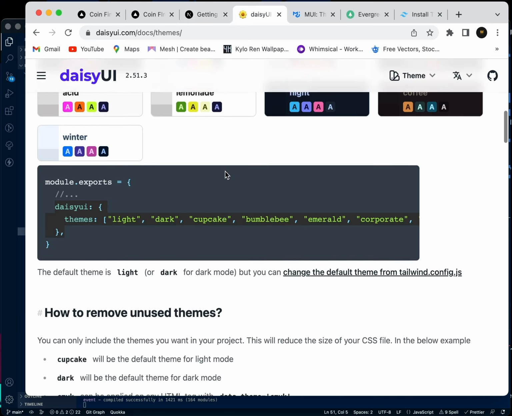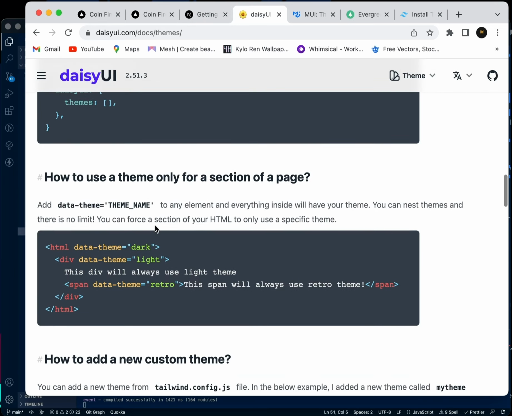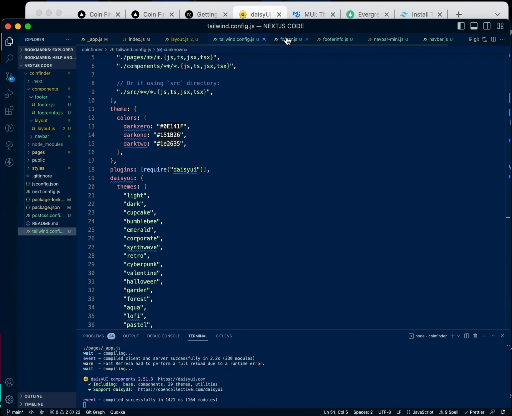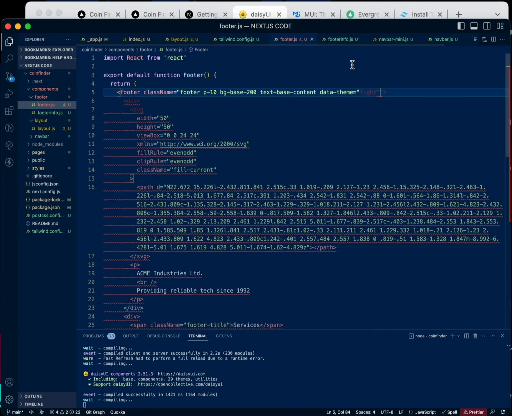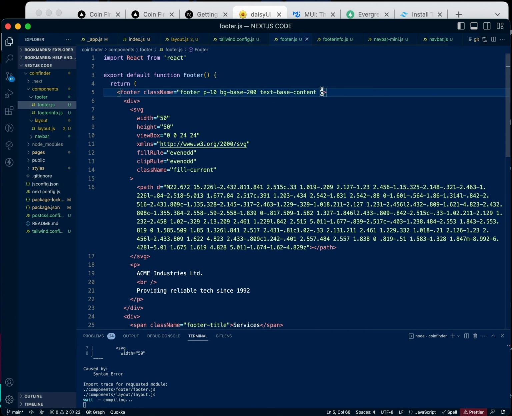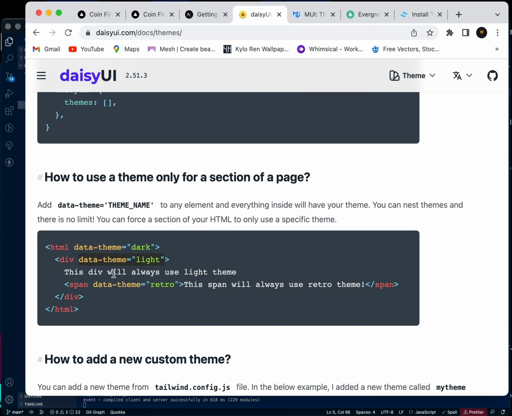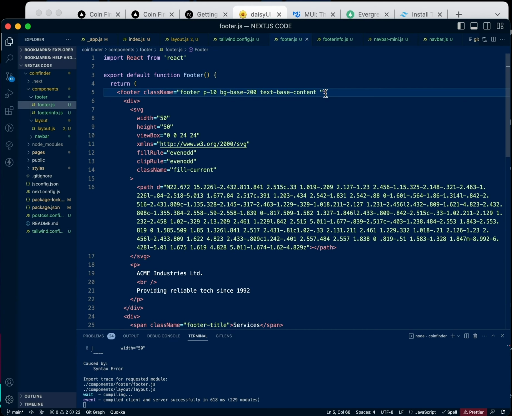Okay, then we're going to see, it says we can just come here and pick this. I'm going to copy that. We're going to go back to our footer over here. Let's see, footer, everything. Let's come here. I'm going to paste. Okay, no, it shouldn't be like that. It should probably be, okay,